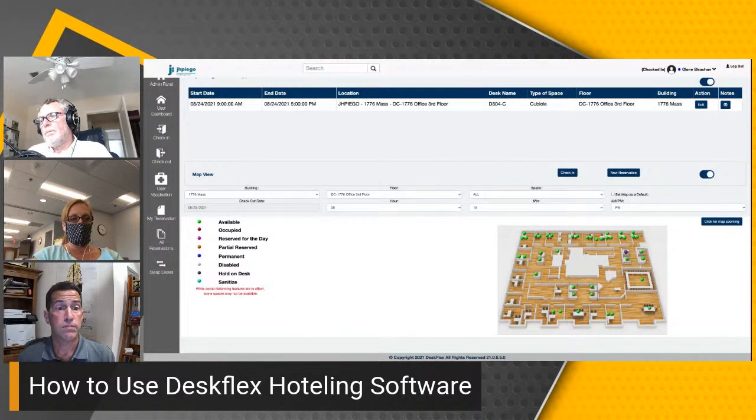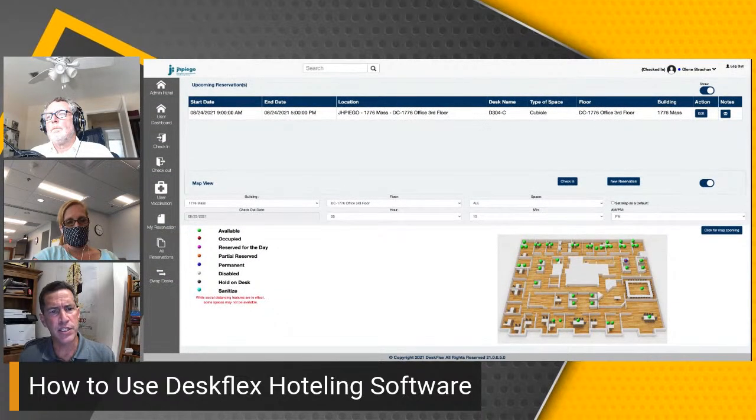Okay. And then how do we know what's available on the desks in the rooms that we're reserving? There is a question for you, Steve. How do we list assets? Well, the way you would typically list assets, and we've talked about this prior, is you would define the spaces based upon what is going to be at those spaces. So right now, I think we've only got a couple of workstations set up. This is really not a conversation for the training, but typically what we would do is we would list the